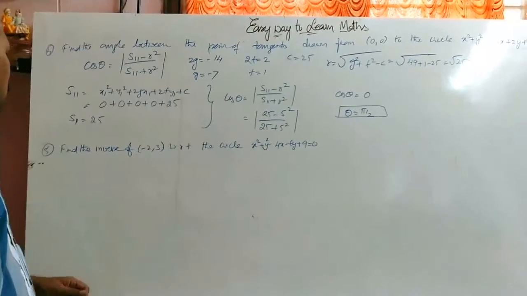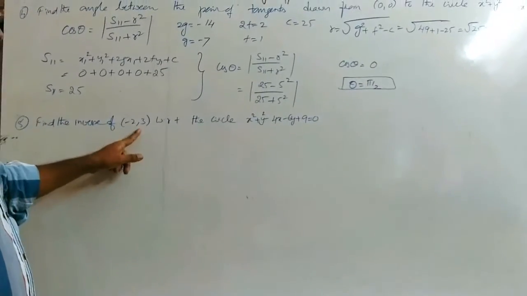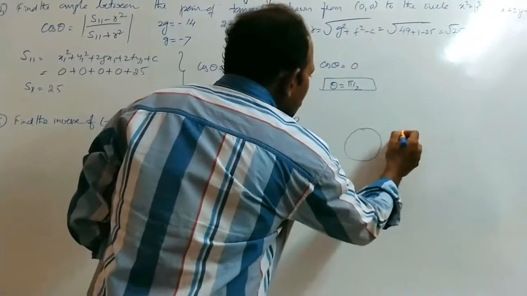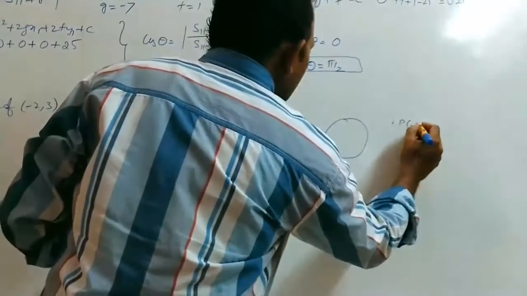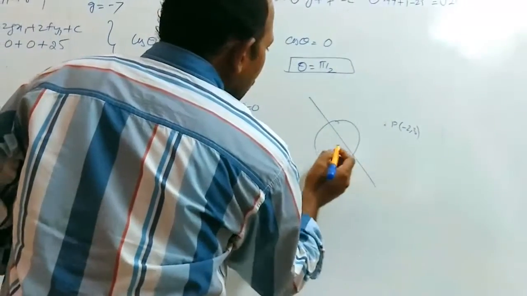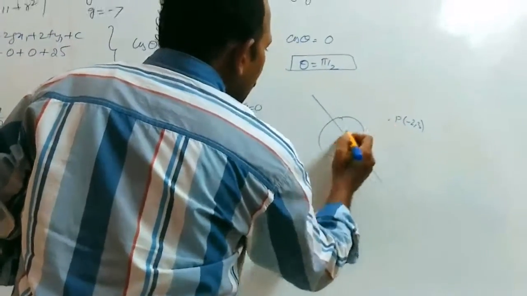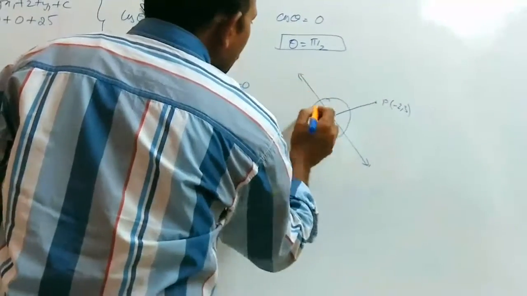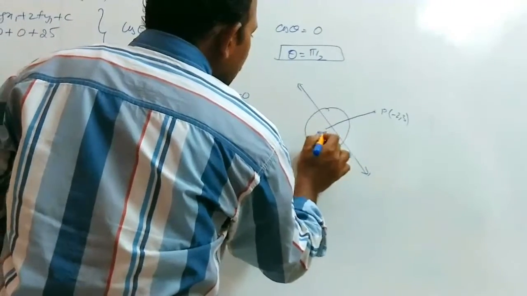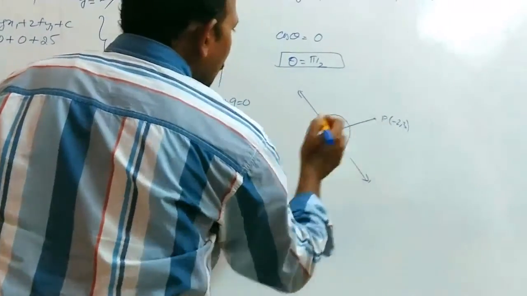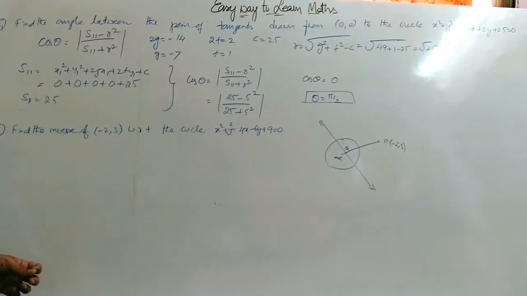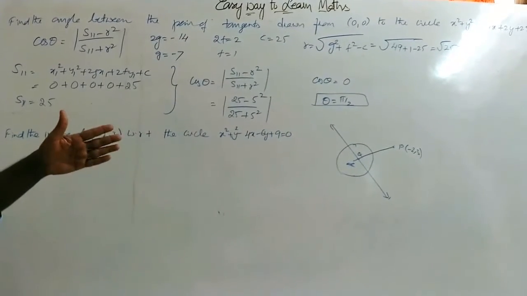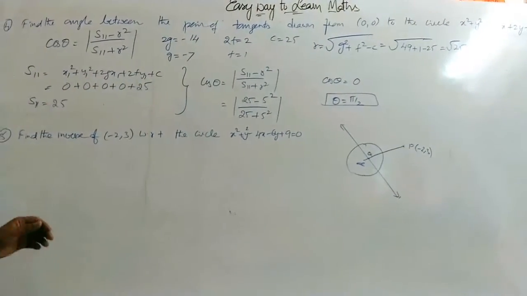Now let us find the inverse of this point with respect to this circle. We have already explained: if P is a point, here given as (−2, 3), then the point of intersection of the polar of P with the line joining C and P is called the inverse of the point P. Now let us first find the equation of the polar of P, and similarly the equation of the line passing through both C and P.